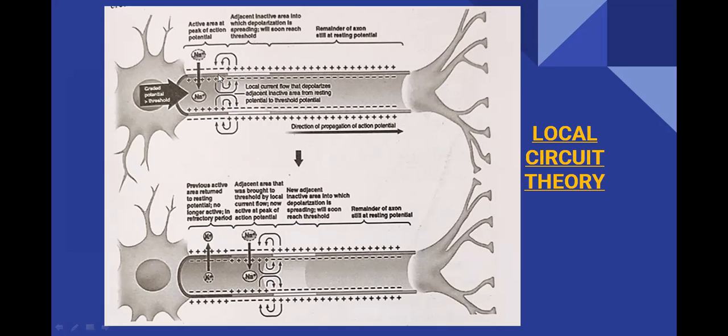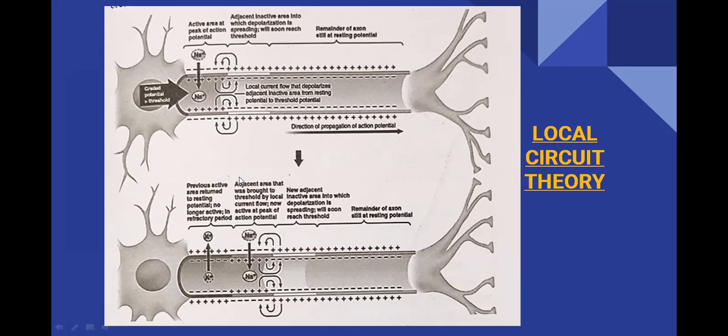Throughout the outside, the neighboring regions will have positive charge, and this region has negative charge on the outside. Inside, the neighboring region has negative charge. So these positively charged ions will be pulled towards this negatively charged region, so all the sodium ions will be attracted to this region. And the sodium ions present on this region will be attracted towards this region.